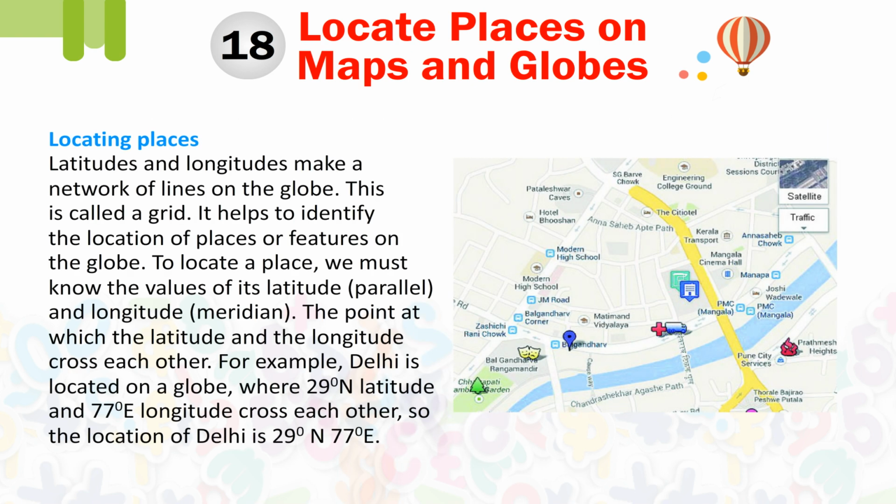Locating places. Latitudes and longitudes make a network of lines on the globe. This is called a grid. It helps to identify the location of places or features on the globe. To locate a place, we must know the values of its latitude, parallel, and longitude, meridian. The point at which the latitude and longitude cross each other. For example, Delhi is located on a globe where 29 degrees north latitude and 77 degrees east longitude cross each other, so the location of Delhi is 29 degrees north, 77 degrees